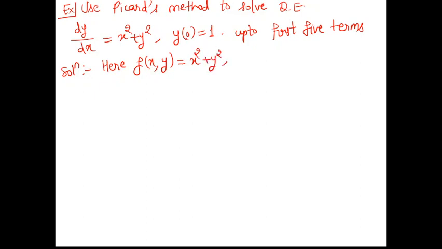Okay, and y of x naught equal to y naught is the condition given. So on comparing that with that, you will find x naught is 0 and y naught is equal to 1. So these are the values required before applying the method. So by Picard's method,